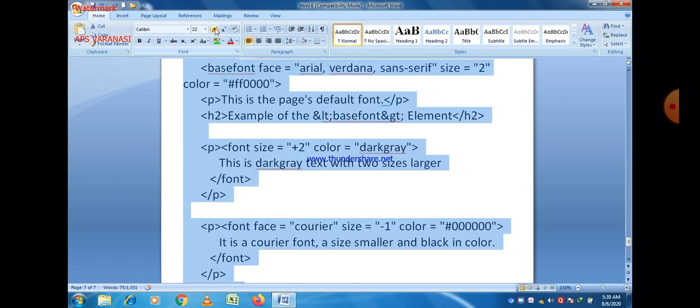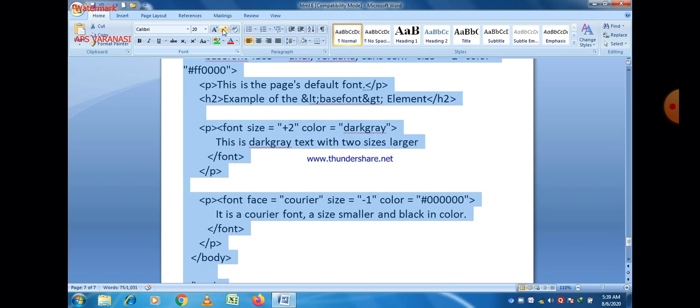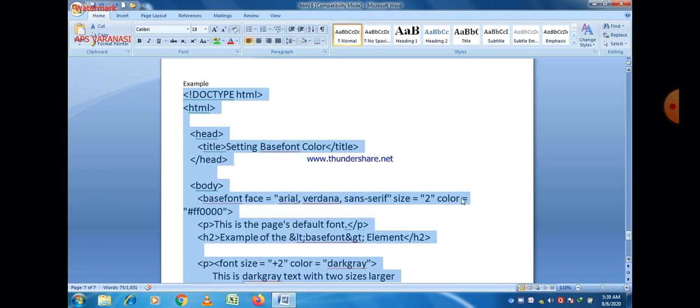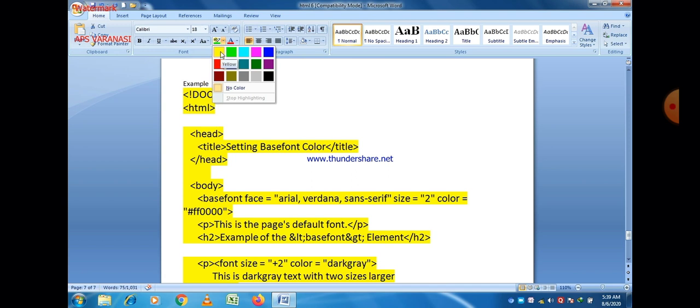First of all, doctype HTML is written, and then html, then head, then title, and after that body. Within the body you can add different paragraphs, and according to that you can set different font settings and basefont settings. So you can easily see that up to body, all are the tags that are part of each and every program. Here the title of the web page is setting basefont color. Now after the body tag, you can easily see that the basefont